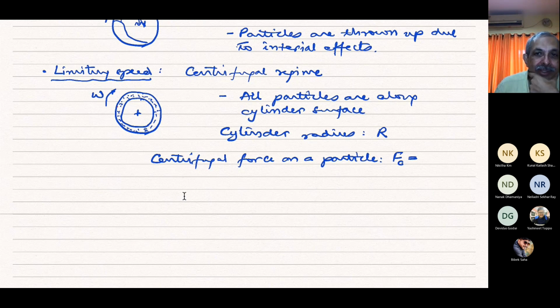Can someone say quickly? Does anyone know what will be the centrifugal force on a particle? M R omega square. Correct. So this is going to be the centrifugal force,